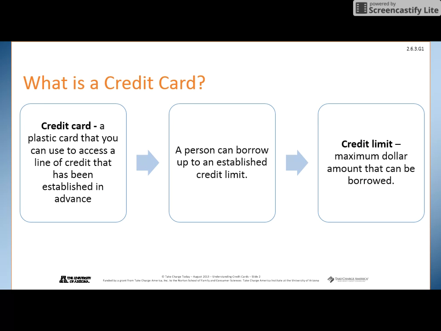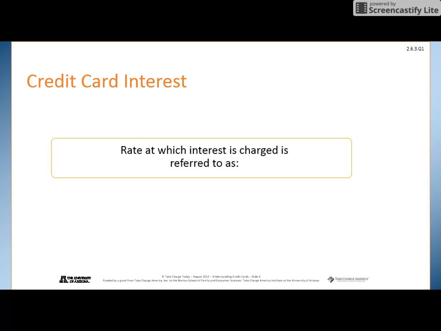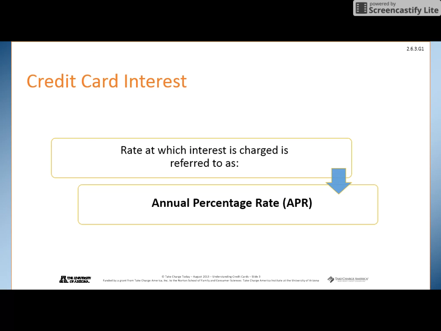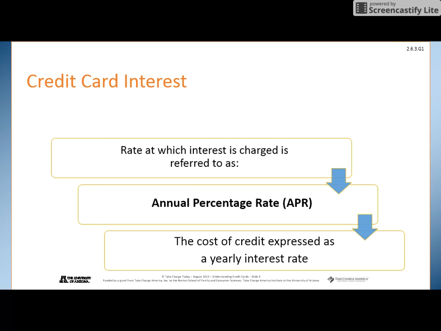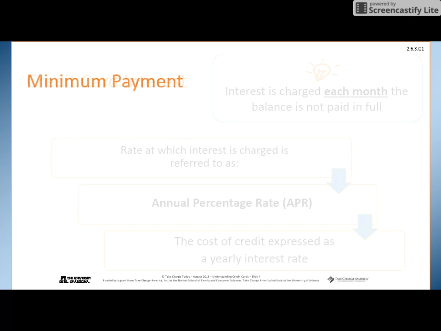A person can borrow up to an established credit limit. The credit limit is a maximum dollar amount that can be borrowed. And again, credit cards are open-ended, not closed. Credit card interest: the rate at which interest is charged is referred to as the annual percentage rate. This is the cost of credit expressed as a yearly interest rate. Interest is charged each month